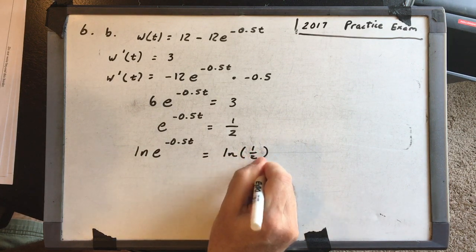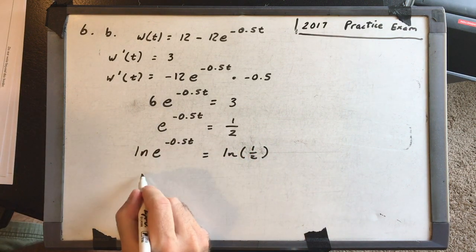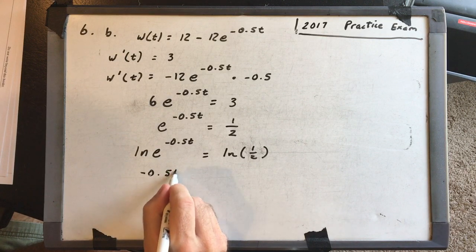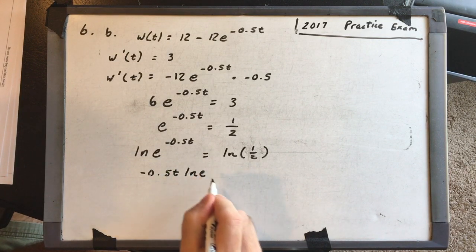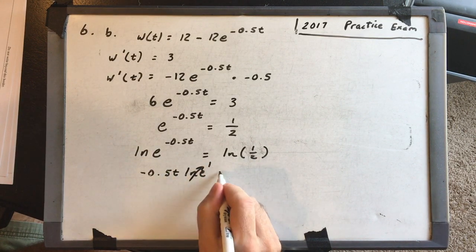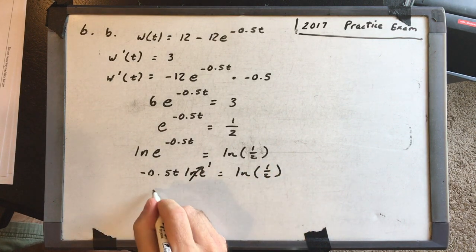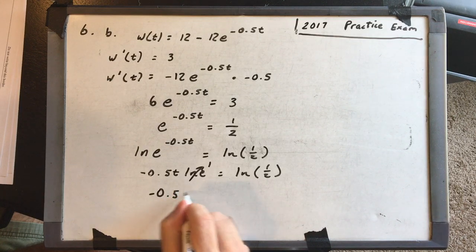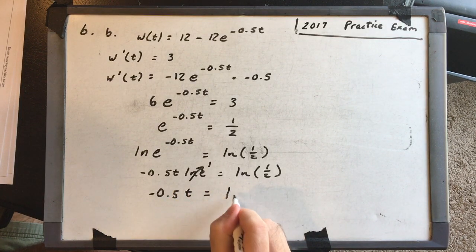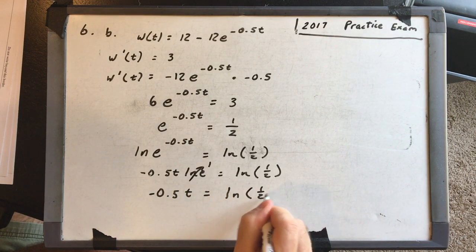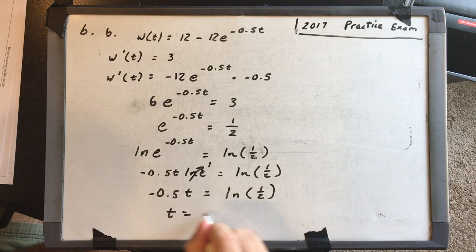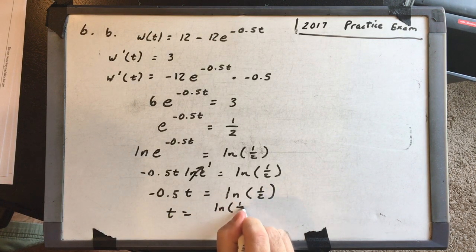It's like those half-life problems, right? So now we can bring that minus 0.5t out front times the natural log of e, that's just 1, is equal to natural log of 1/2. So minus 0.5t is equal to the natural log of 1/2. So t is equal to the natural log of 1/2